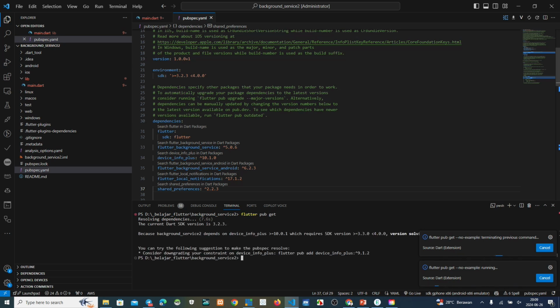Oh, okay. We can see this one. We must depend on my SDK version. We must change the device info plus to this version 9.1.2. Where is it?